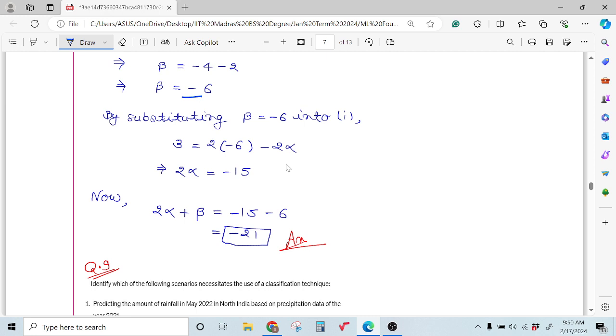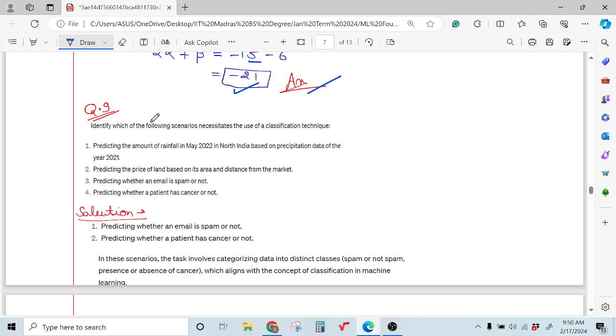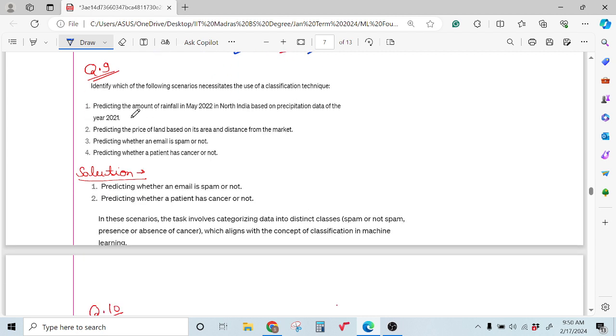So we have substituted these values and get minus 20 as the answer. So let us proceed with problem number 9. Problem number 9 is: identify which of the following scenarios necessitates the use of classification technique. So we have to find out which of these four scenarios are